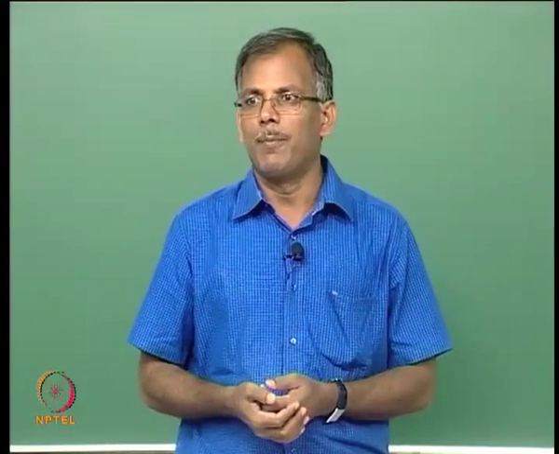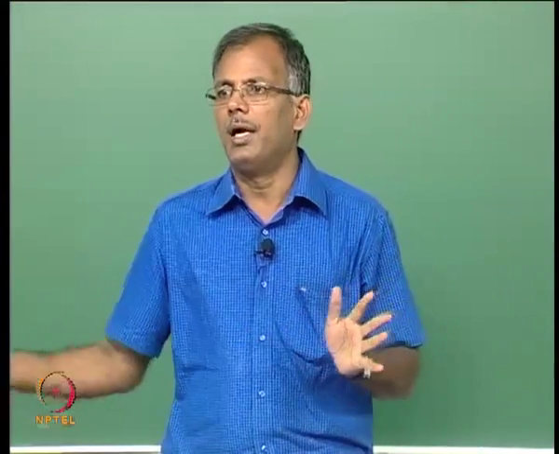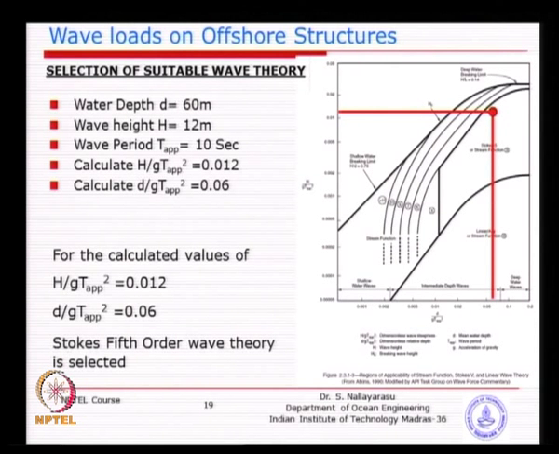So, we need to see some alternative methods, because none of these methods will work, since the particles get separated during wave breaking. This chart is a very good guidance for us to select a theory, because it gives a bit of a sense of the wave height effect, water depth and relative wavelength effect. A typical example for a location: in this chart the water depth is 60 meters, wave height is 12 meters, and the associated period is 10 seconds. Calculate both parameters, and you can see that straight away Stokes wave theory is applicable.